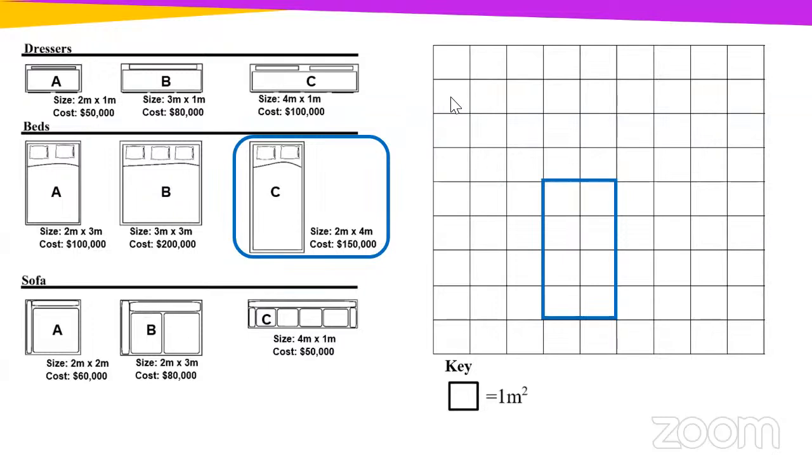Yes, miss. Are you seeing the correct representation? So you're agreeing with that. Very good. What about that one? Is that a correct representation of bed C? No, miss. No? Why not? Look at it. Are you not seeing 4 by 2? Yes, miss. Okay. So it would still be the same. Good?